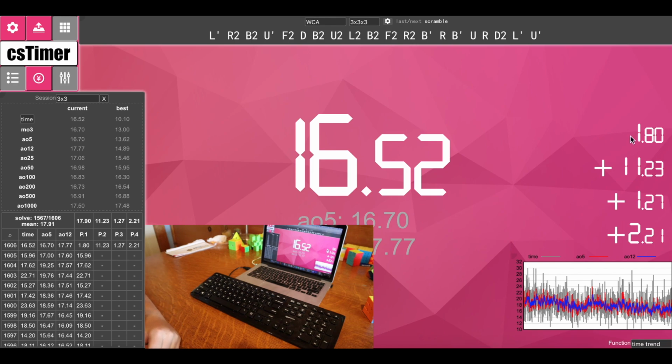So here my cross was 1.8 seconds. That was a bit of an easy cross, but I usually average less than 2 seconds for my cross. So I would think to myself that I don't really need to work on cross very much. My F2L was 11.23, OLL 1.27, and PLL 2.21. So just because the F2L number is a lot bigger, that doesn't mean you need to work on that more, because obviously F2L is the longest step of the cube. So based on what I average, about high 15 or low 16, just like this solve,